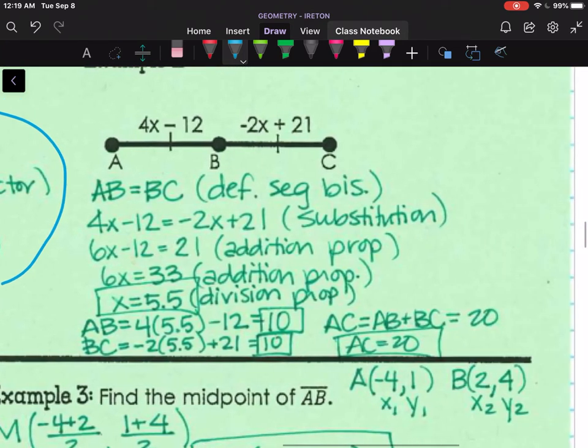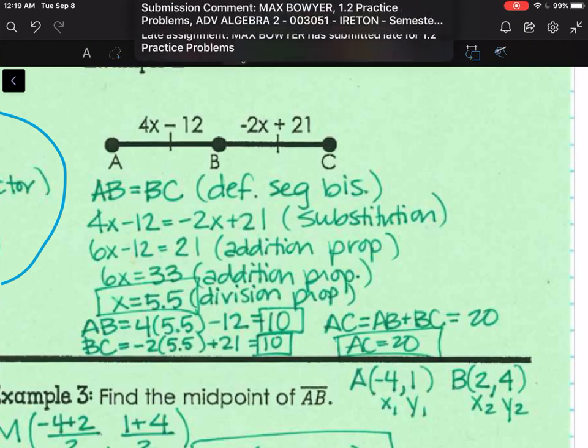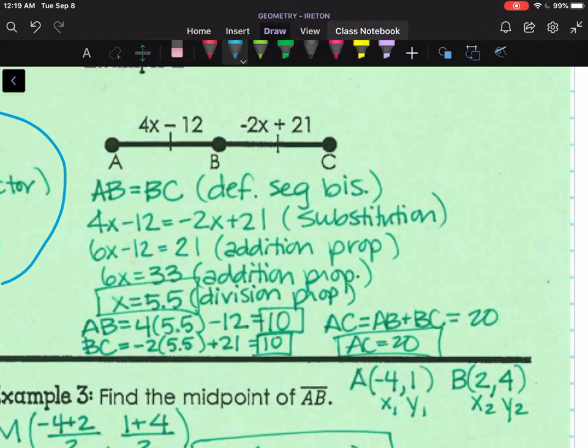Alright, now that we're back, you should have ended up with x equals 5.5. When you plug that back in, you get AB and BC both equaling 10, and then the length of AC equaling 20. So I'm going to ask that you go ahead and pause, and then if you need more time to copy this down,